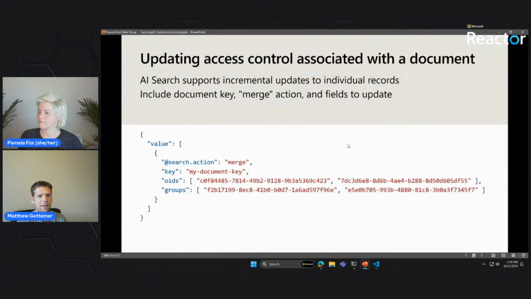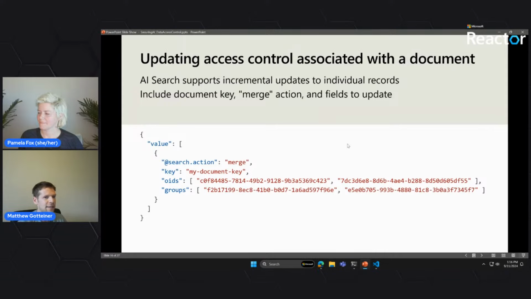So that's great that we can add these filters and search with them, but there's another problem. Let's say that things change with the organization and I lose access to a document that I previously had access to. Let's say I used to be a salesperson, I could see sales reports, but now I'm not supposed to. I've transitioned roles. I've either quit and my identity is deleted, or I decided I wanted to change. I want to be an engineer now. I shouldn't have access to those sales reports.